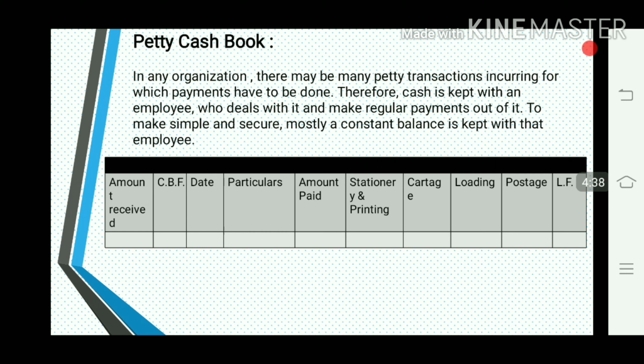In this, the first column is for amount received, the second is CBF, meaning cash book folio, then date, particulars, and amount paid. For whichever expense the amount is paid, it is written in that expenses column, and the last column is for LF. The monthly balance of the petty cash book is transferred to that particular expenses account, and the balance is